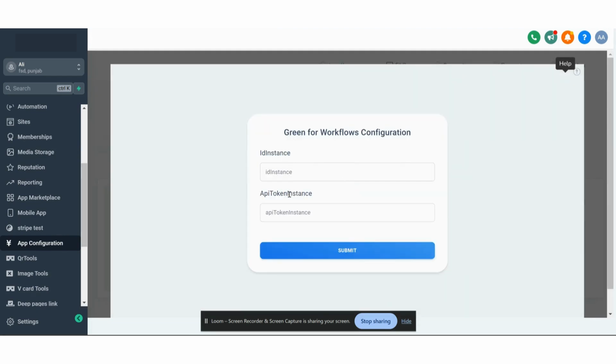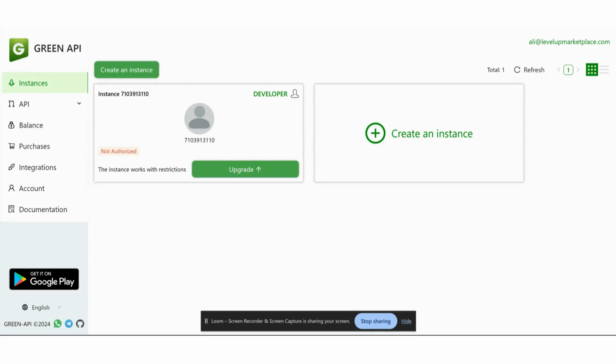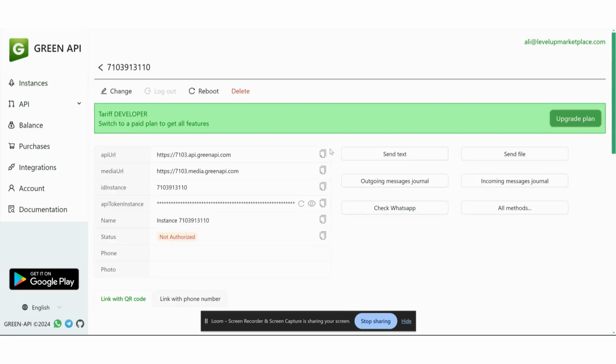Now you need the ID instance and the token. So first of all you need an account on Green API. Search Green API and then make an account on it. Here, create an instance. I have already created one, and it's not authorized. So first of all I click there. From here you can copy the ID instance and the API token and then